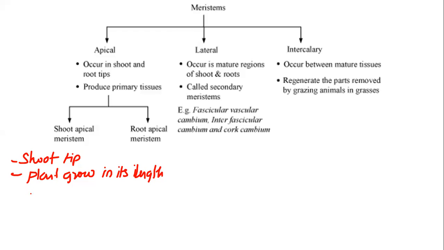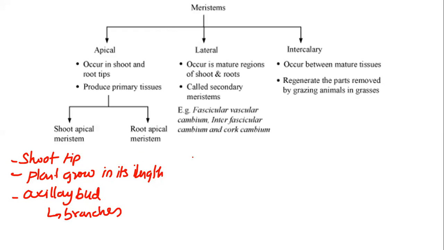Some cells are left behind from the shoot apical meristem during the formation of leaf or elongation of stem, which forms the axillary buds. So usually we can see an axillary bud present in plants. Those axillary buds are nothing but leftover apical meristem. This bud is found in the axil of the leaves and gives rise to the branches and the flower. So this apical meristem is mostly found in plants.